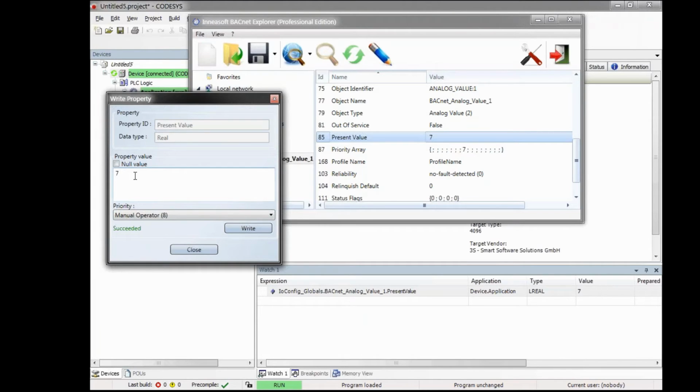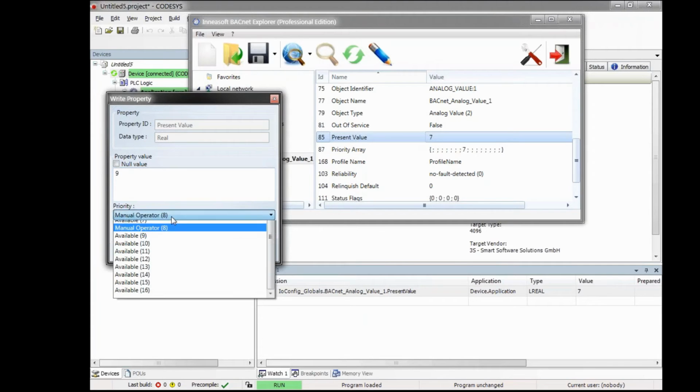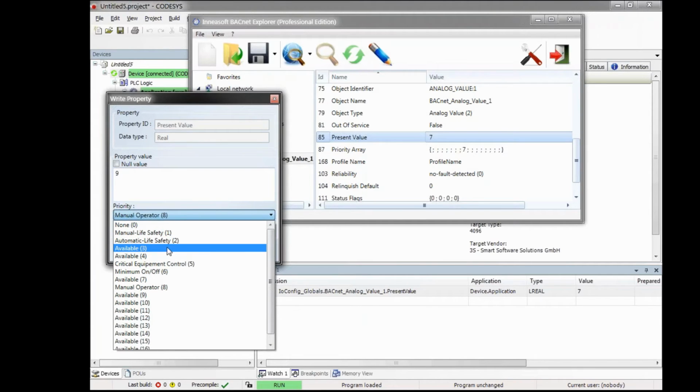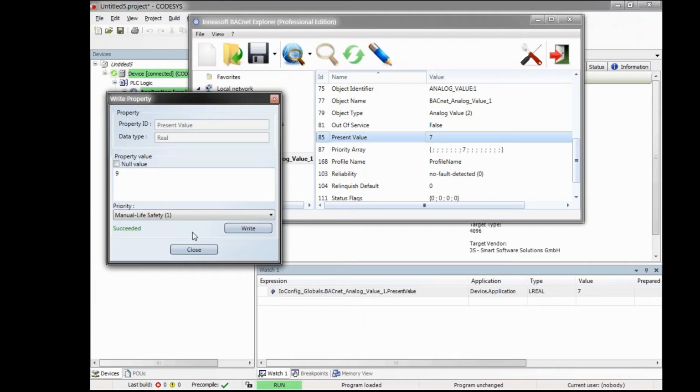You could also write with a higher priority now, for instance, a value of 9. For example, with a manual life safety priority, write it again. Okay, we see again the present value is written, and it's also written on the server side in CODESYS. And when this priority says, I don't want to write anymore, I just reset my value to a so-called null value.